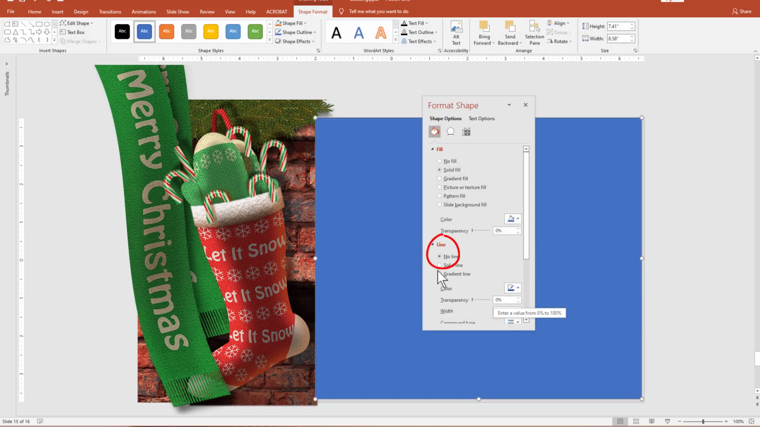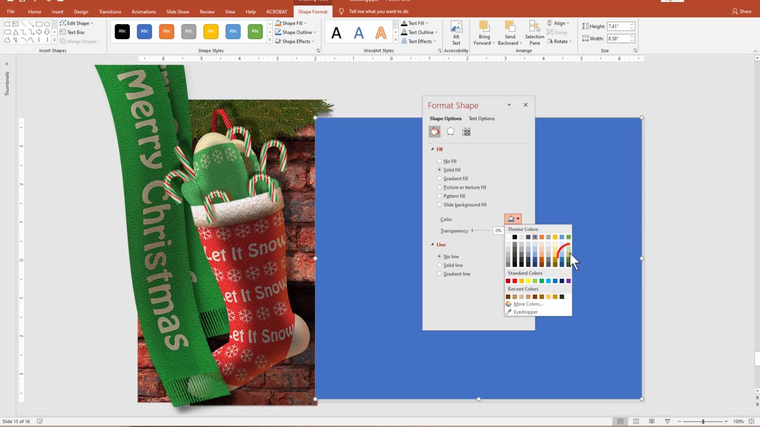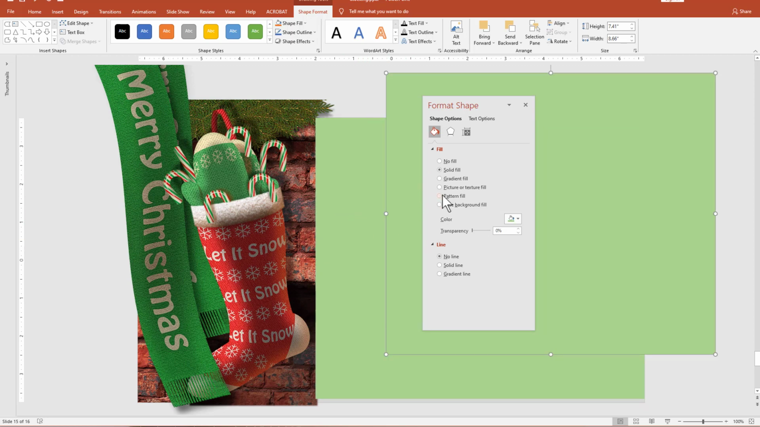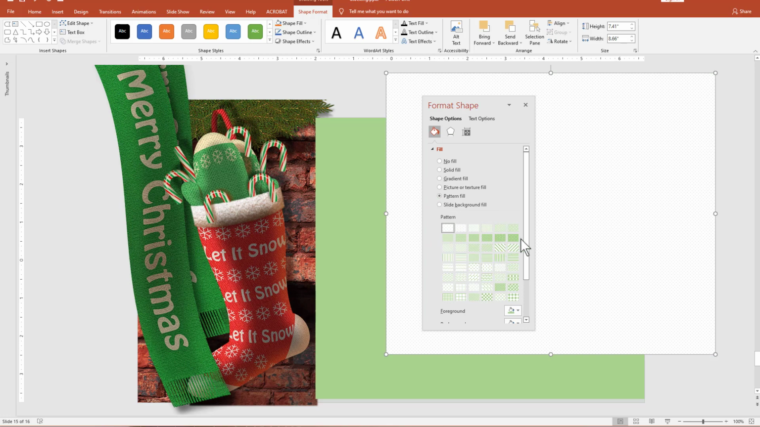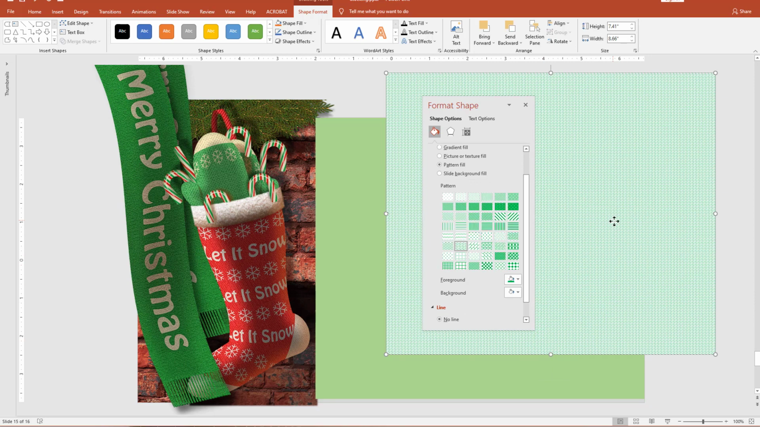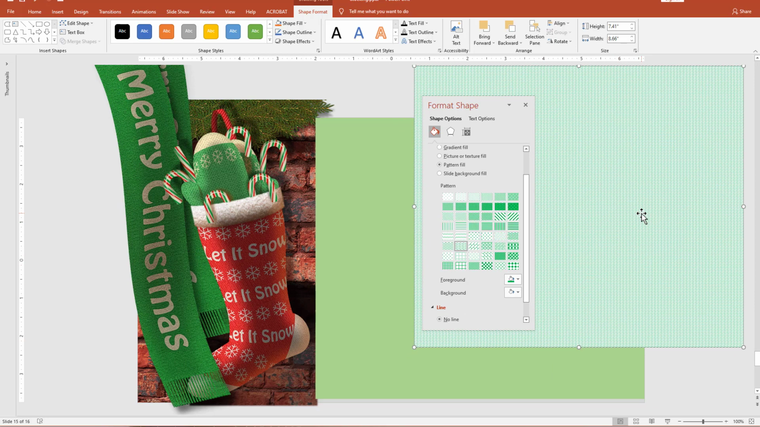Now we don't need an outline. And I'm going to make it this green here. And of course, in order for this to work, we have to have a pattern fill. So I'm going to duplicate that. I'm going to go to my pattern fill. I'm going to choose this wave one, and I think I'm going to change the color to this bright green, like that. And of course, we need to make the pattern fill transparent, so we have to copy